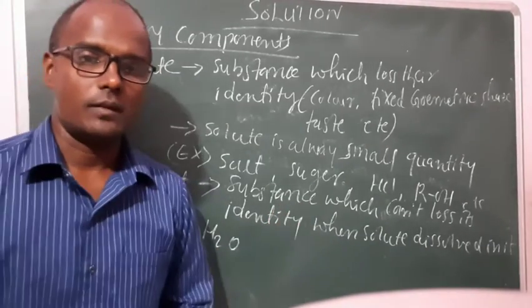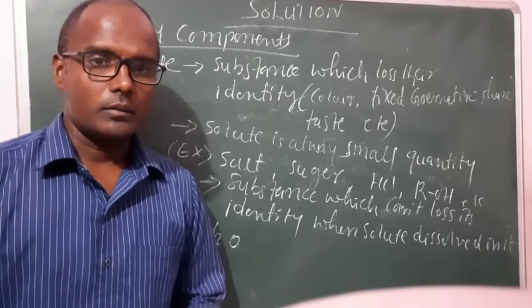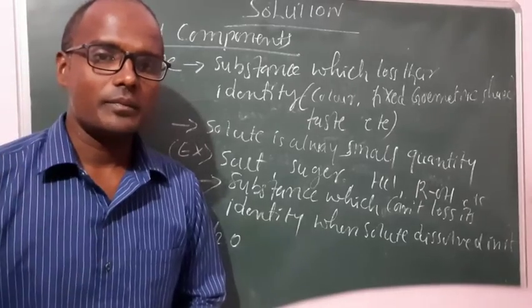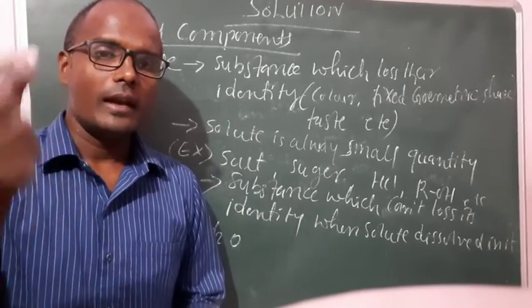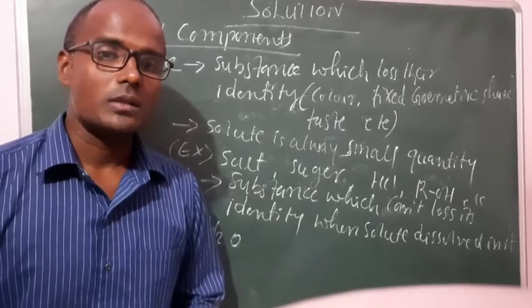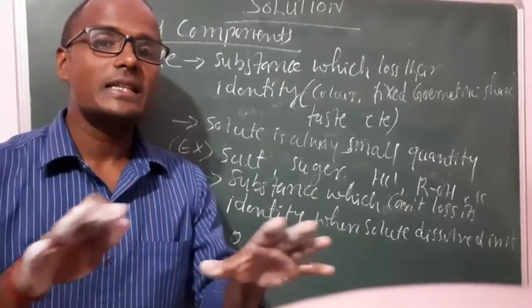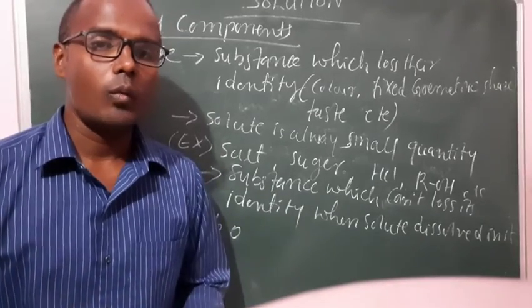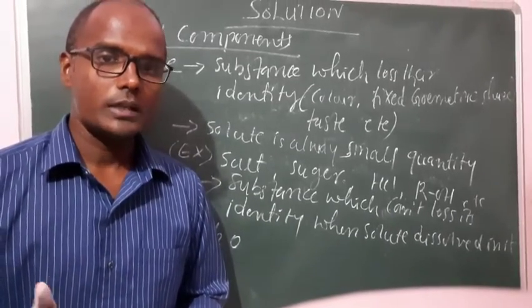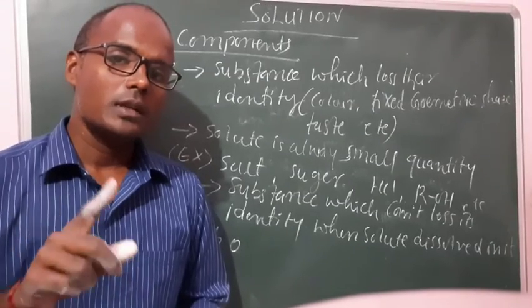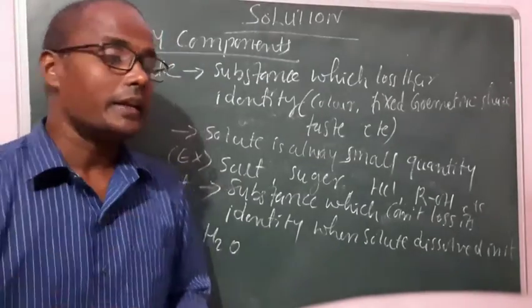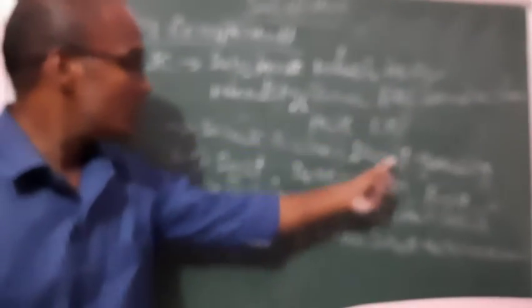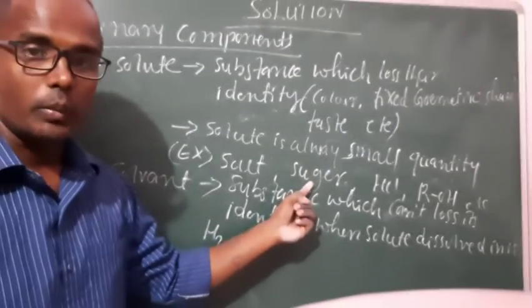Just to justify yourself: sugar particle has a fixed shape, hard and rigid in nature. When sugar crystal is added to the water, what happens, students? Sugar particle completely disappears in water. Sugar particle disappears in water means the sugar particle lost their identity. It means sugar is the solute particle.